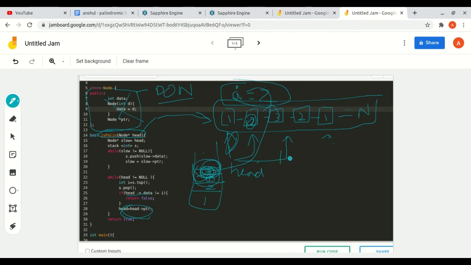If this is not equal, then this implies that the linked list is not a palindrome, and this function will return false, and in a driver code your solution will work correctly. And if no such statement exists, that is, this linked list is a palindrome, so we will return true at the end. So this is a very basic code and a very easy one.